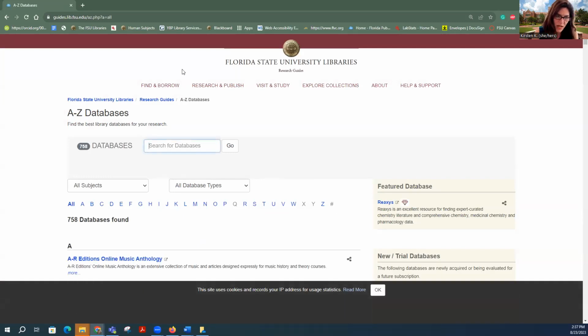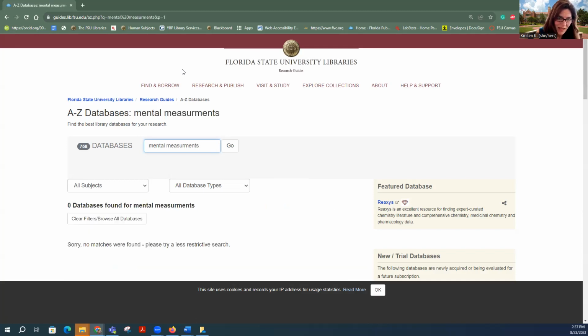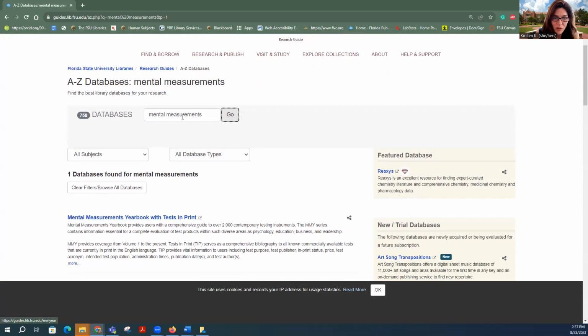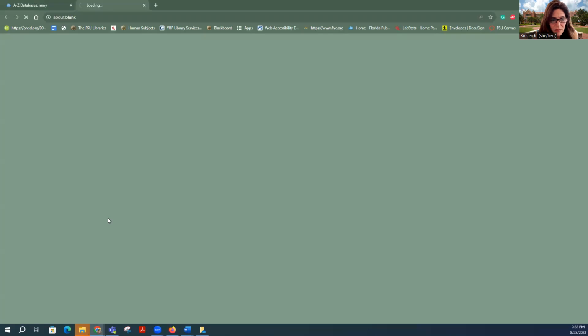Now, if you type in mental measurement, it won't come up. You have to type in mental measurements. There we go. Actually, if you spell it wrong, it doesn't come up. That's good to know. And also, if you don't add an S, it won't come up. But if you type in mental measurements, or you type in MMY for Mental Measurements Yearbook, it'll also come up. So when you go into Mental Measurements Yearbook,